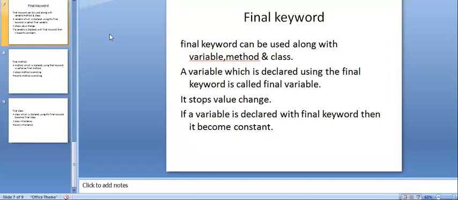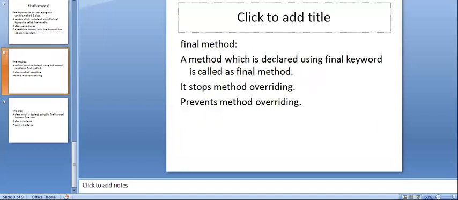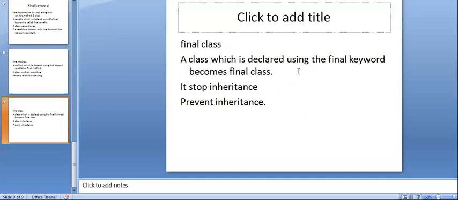So the final keyword can be used along with a variable, method, and class. A variable declared using the final keyword is called a final variable; it becomes a constant and stops changing the value. A method declared using the final keyword is called a final method; it prevents method overriding.